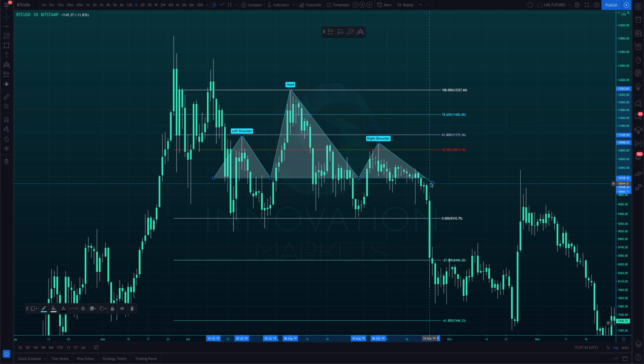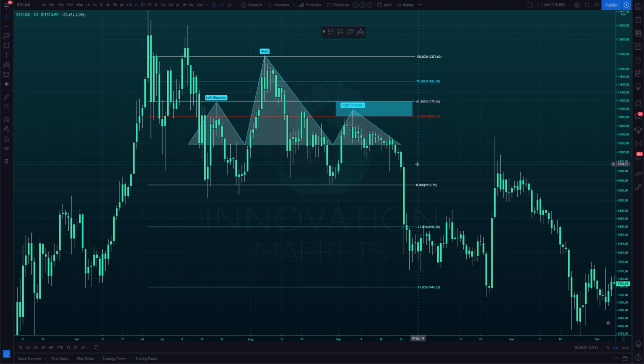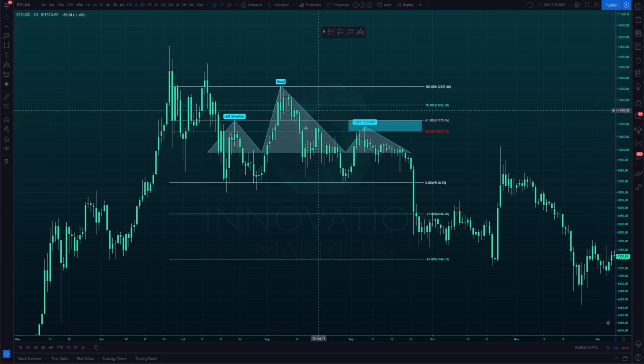So if we do that, make it nice and clean. As we can see, the left shoulder's here, the right shoulder's here, the head is here. Looking at how the 50% retracement historically correlates very nicely alongside the 61.8% retracement correlating over there, we would then be looking for entries within this region here, because we know the probability now that this was a false